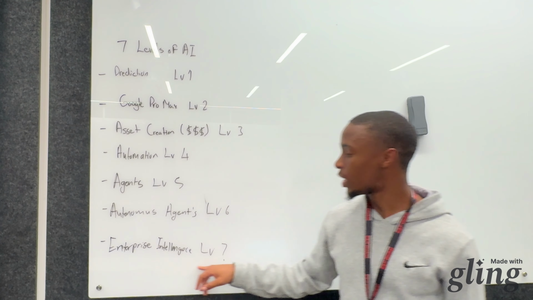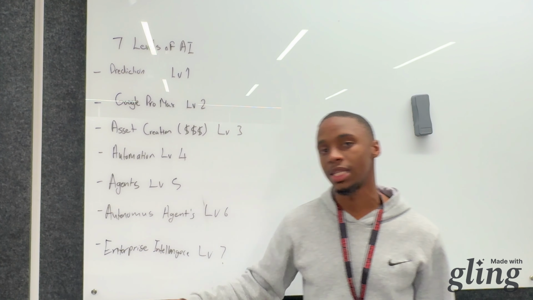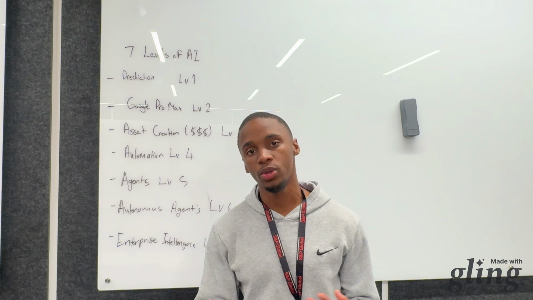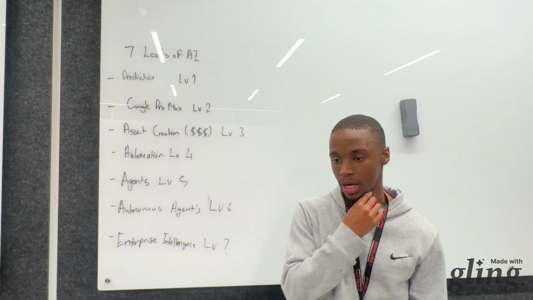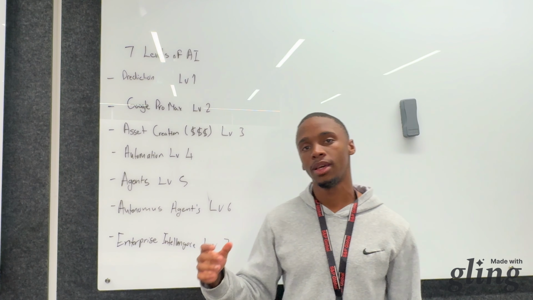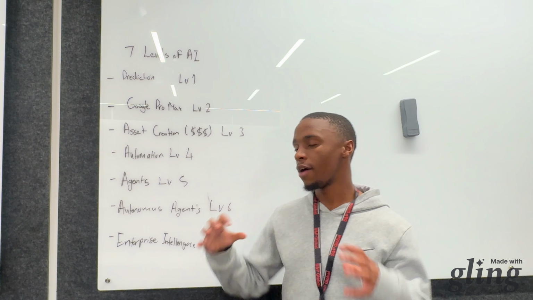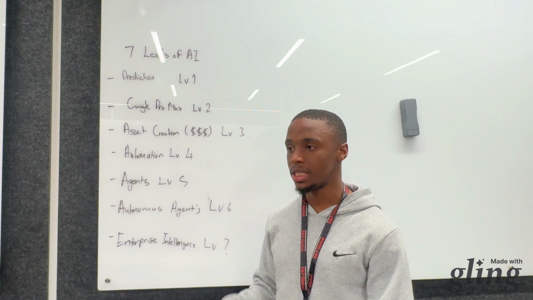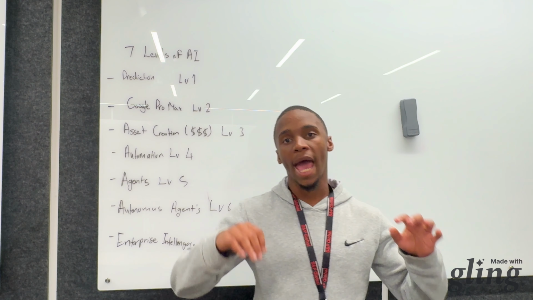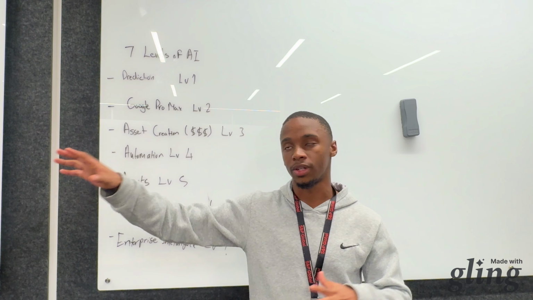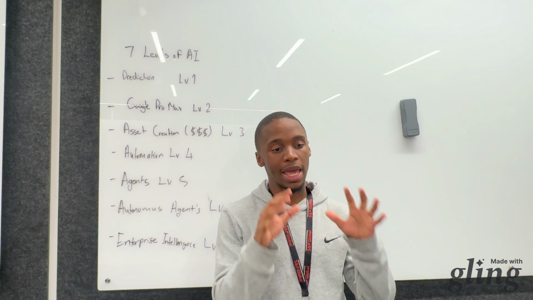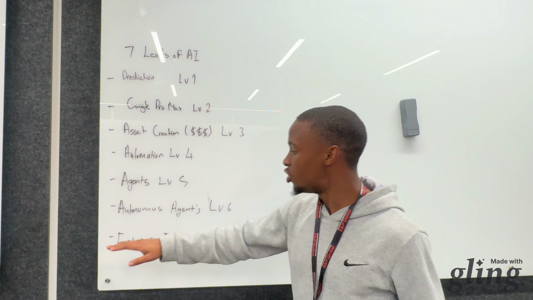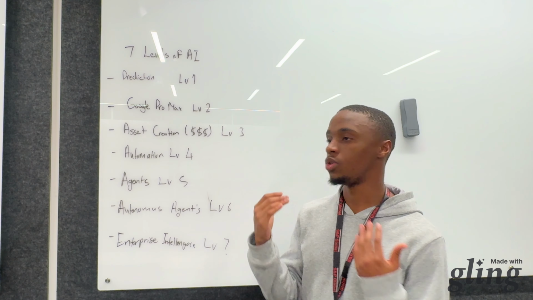Then the last level is the level that a lot of businesses have not reached, the enterprise intelligence level. This is when you are no longer using typical ChatGPT, typical Claude, typical any of these AI chats that you find online. This is when you have your own in-house model. When I say in-house model, I mean you have your own ChatGPT that sits on a computer and it doesn't send anything out to the servers. Everything's just stored on that particular computer, and you use all your information to train your own ChatGPT so that it gives you the best results.